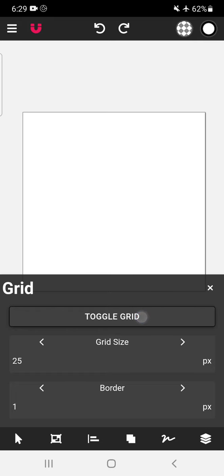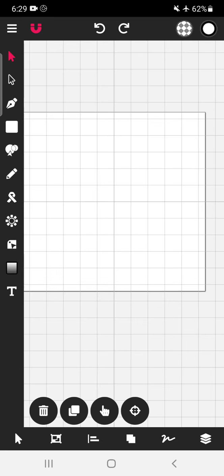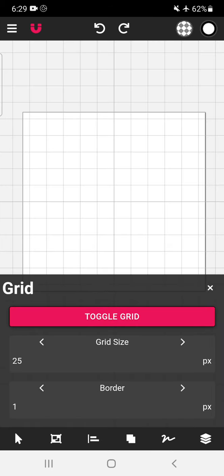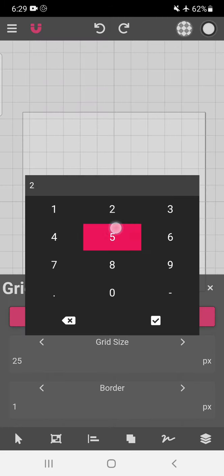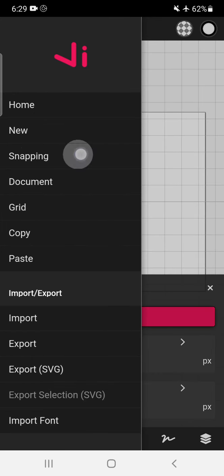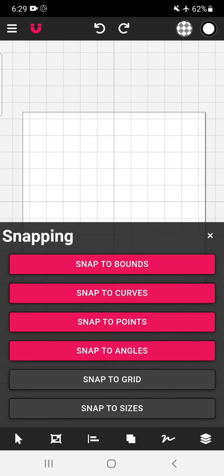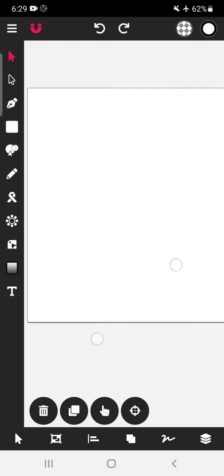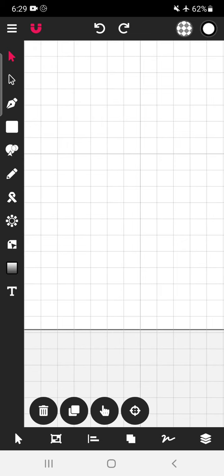Select over here, toggle grid, and at the same time, so here we have kept 25. At the same time, in the snapping, we will activate the snap to grid option. Now, let's start making the logo design.